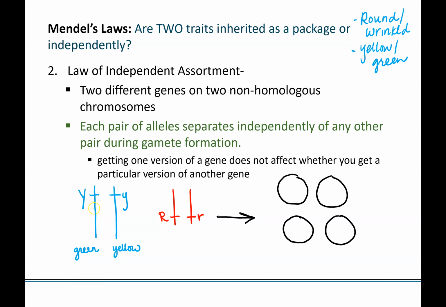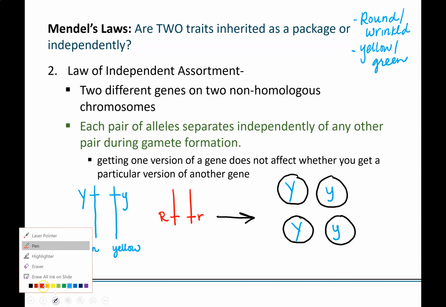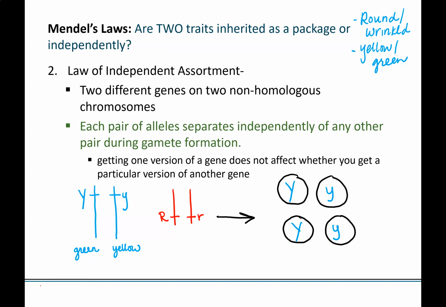Now, one cell is going to get big Y. The other cell is going to get a little y. Half of our cells have to get the big Y and half of them have to get the little y. So out of 4 cells, 2 are going to get big Y and 2 are going to get little y. The law of independent assortment says the R's are also going to segregate independently, and we're going to get